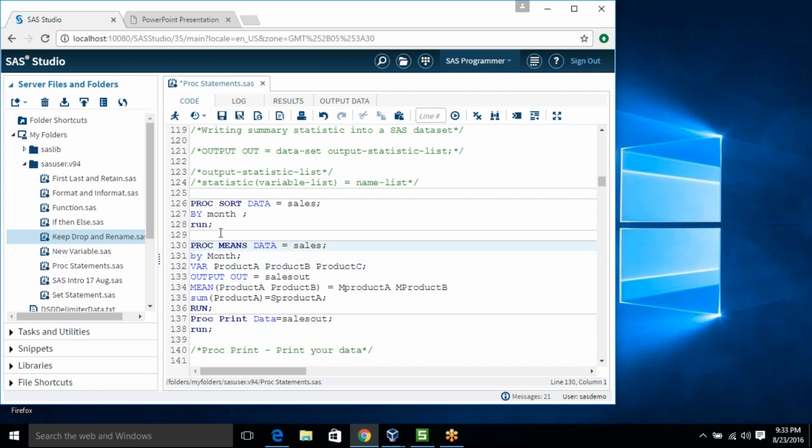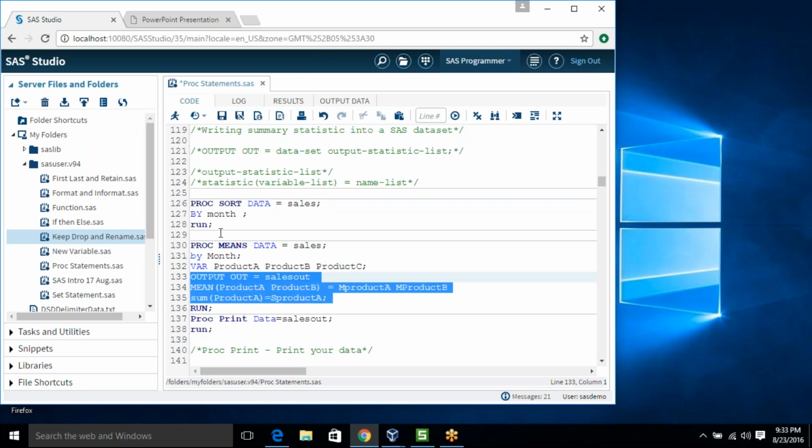We are doing the month level, so that's why I'm sorting my data first at the month level, and then specifying the variable on which I wanna perform analysis. Now I'm using the OUTPUT statement. This is a single statement. First thing is OUTPUT, which is your keyword.